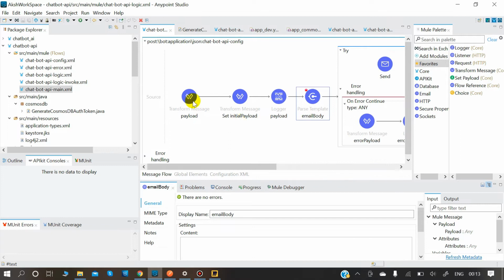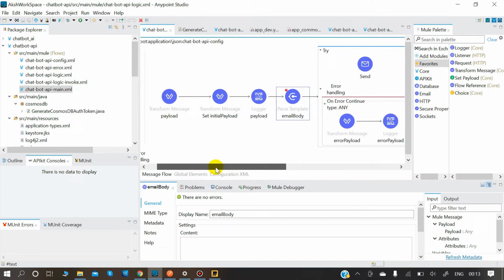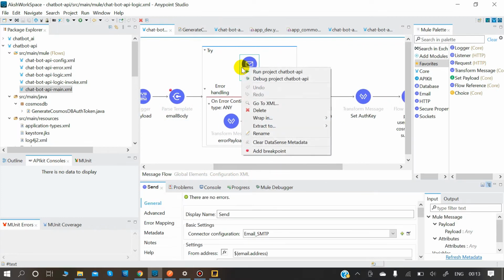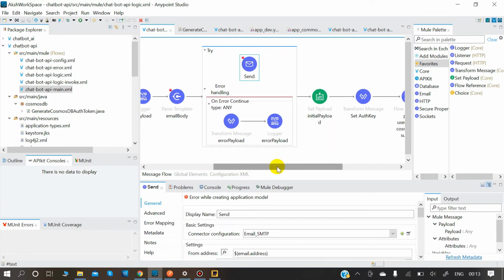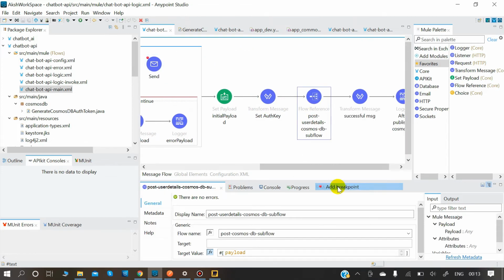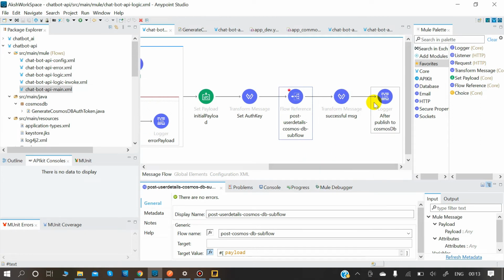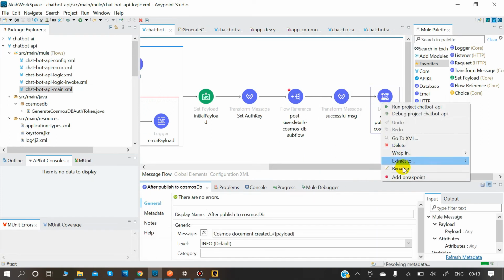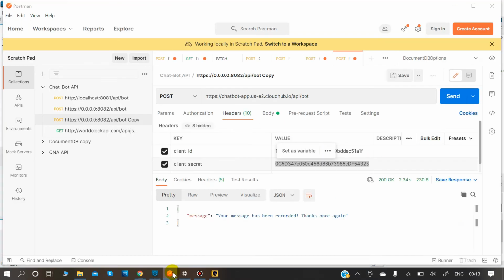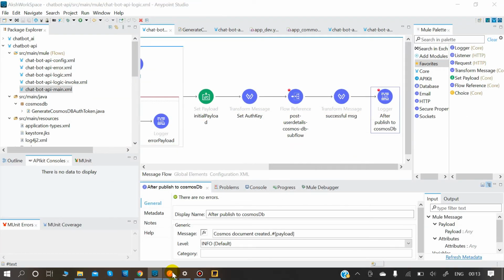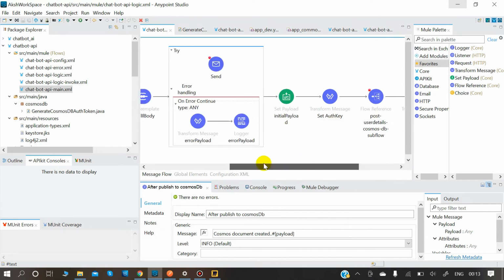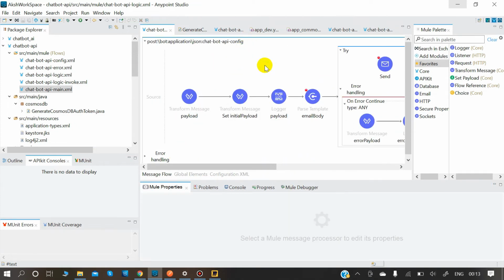Here add a breakpoint, payload, send, add a breakpoint, then we would set here, and then we have last this. And we would be using Postman to test our API. So let me debug this.